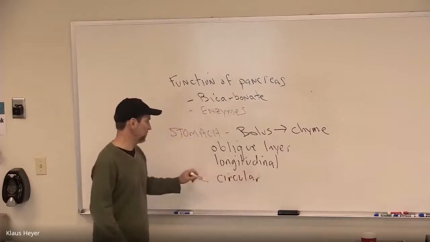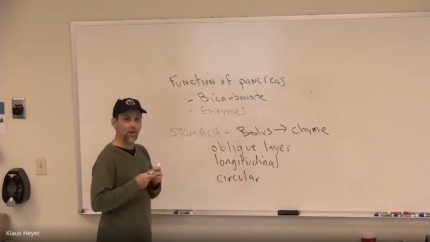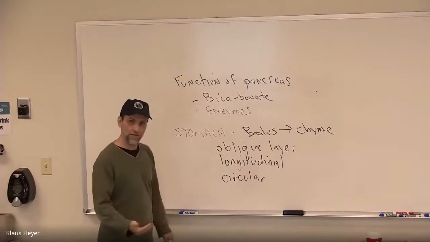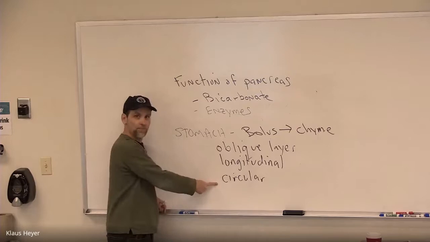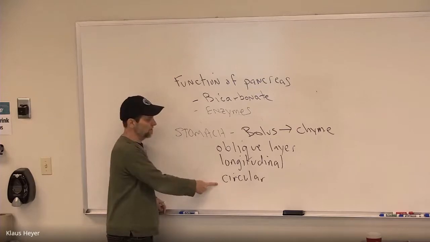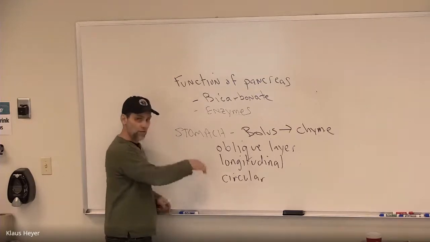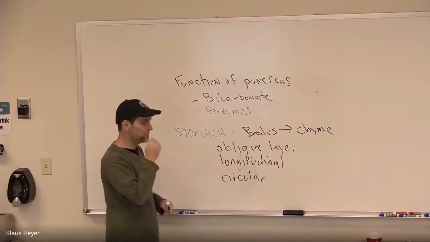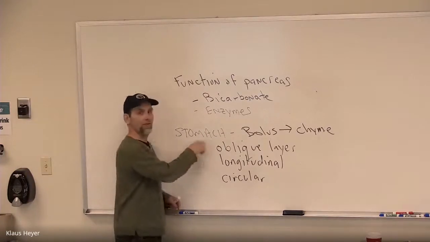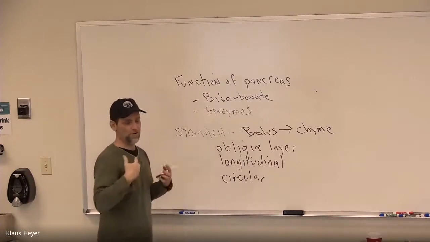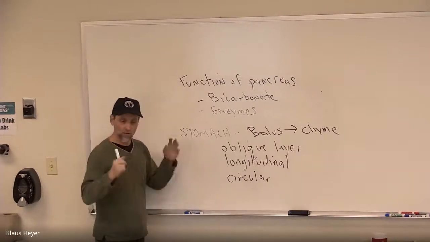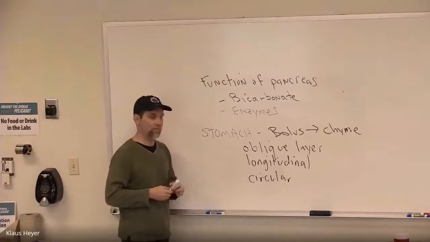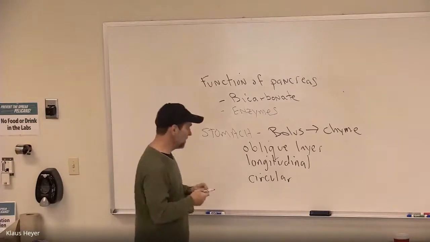So my small intestine and large intestine have longitudinal muscle and circular muscle, right underneath that epithelial tissue, right? But the stomach has a third oblique or diagonal layer. And so it's really pushing the food around inside your stomach. So the oblique layer